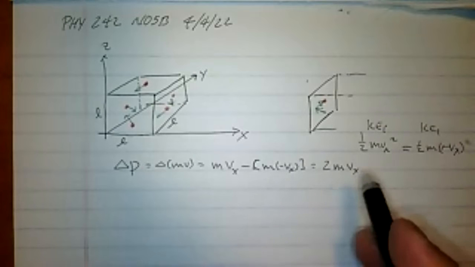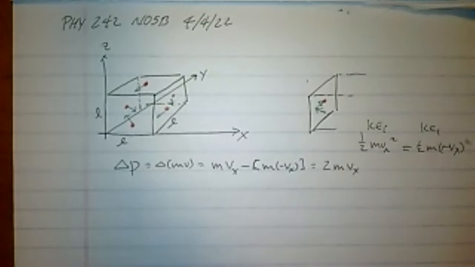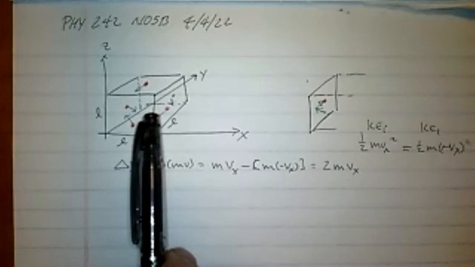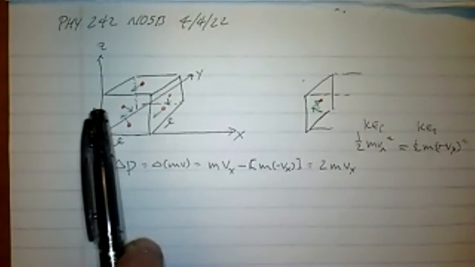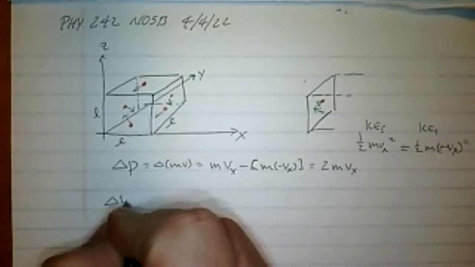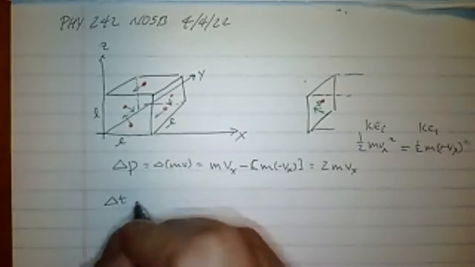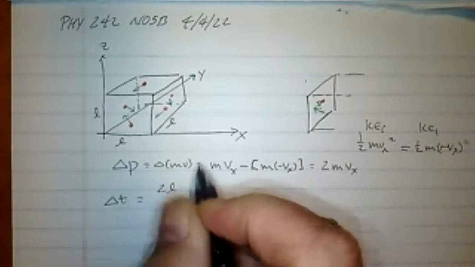Now, you can sort of pretend the average velocity might be Vx. Later, we're going to deal with that and actually work out a Vx. But what you realize is for a given x velocity, a molecule or atom is going to cross the length of this box in the x direction fairly regularly. And in fact, the amount of time between adjacent collisions should be equal to basically twice the width of the